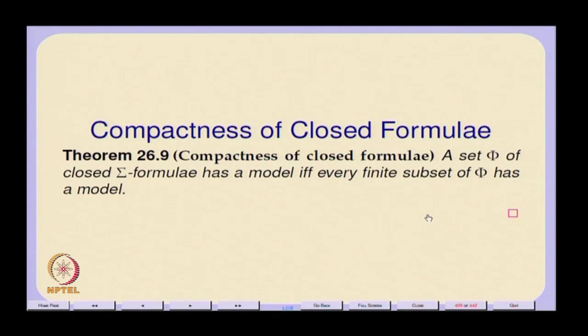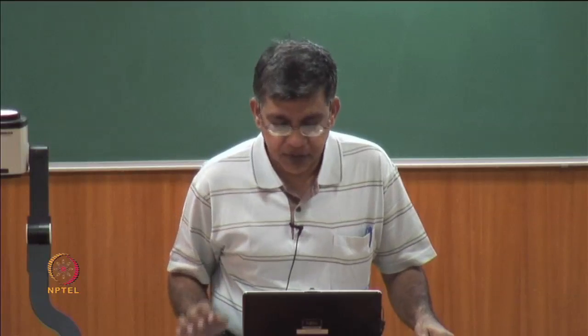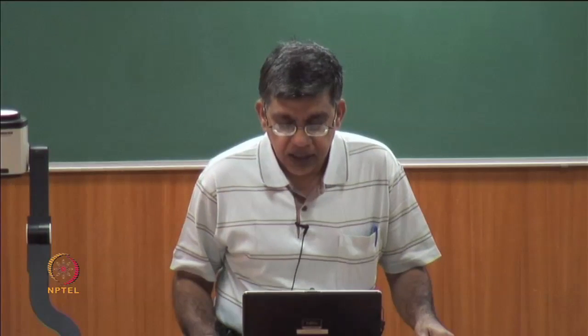What we are saying is that a set phi of closed sigma formulae has a model if and only if every finite subset of phi has a model. In this, phi can only be countably infinite, because we are constrained by a language. So, it cannot be an uncountable set of formulae, for example. It is only a countable set of formulae, and